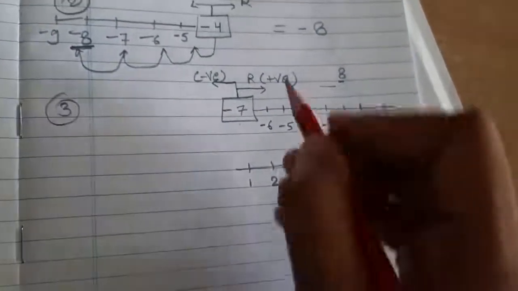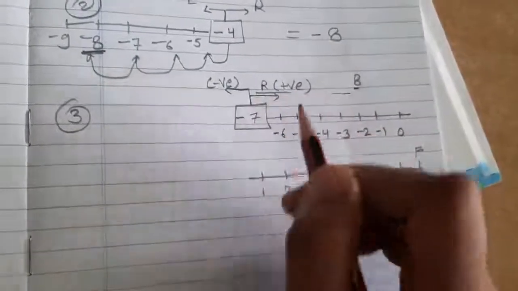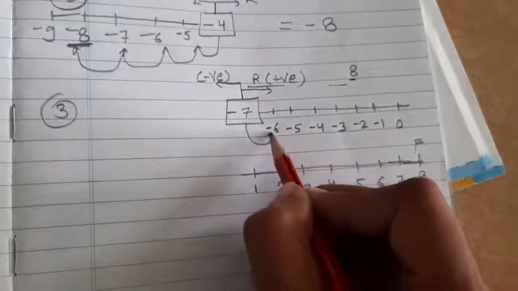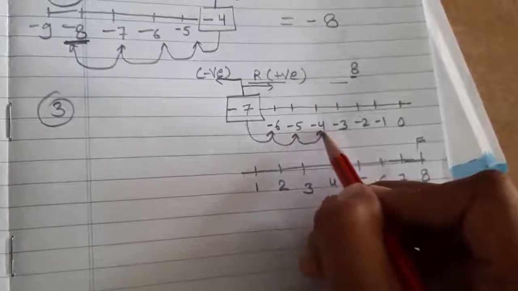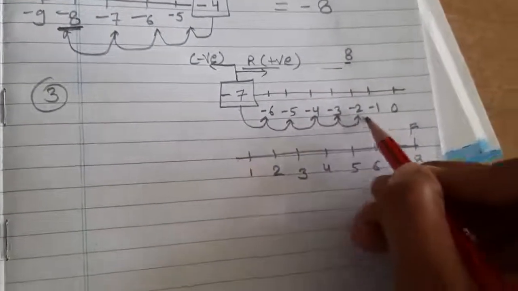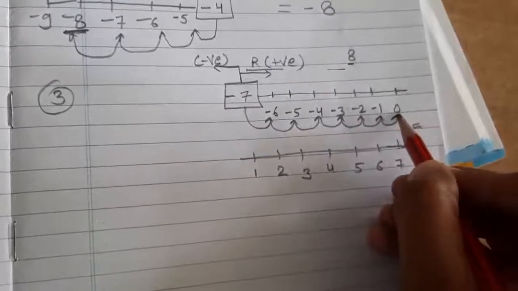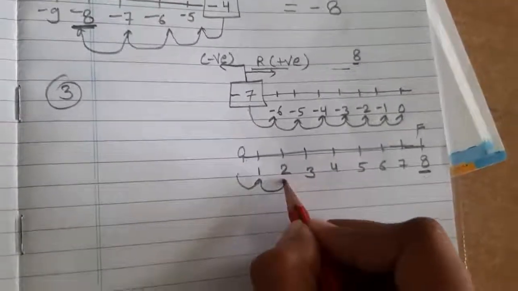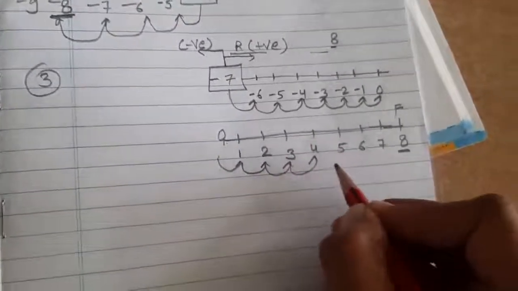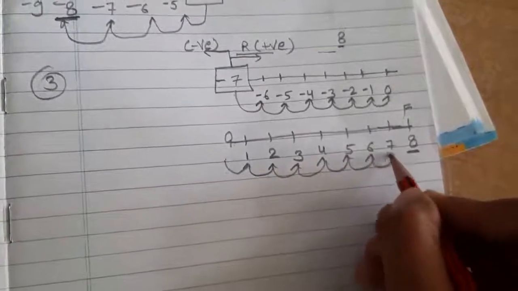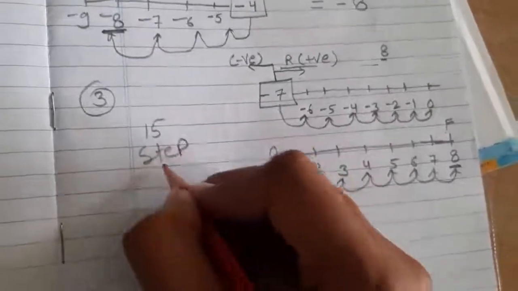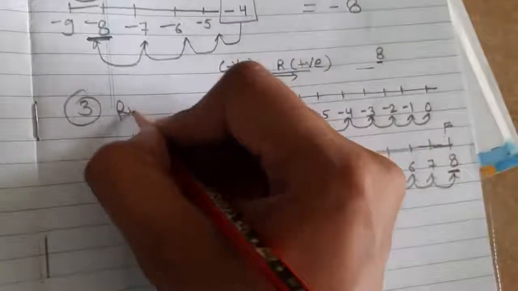Now, the first answer you already got, right direction. Second, how many steps will you take to reach 8? So you have to count 1, 2, 3, 4, 5, 6, 7 and then 0, 0 to 1, here will become 0, 8, 9, 10, 11, 12, 13, 14, 15. How many steps do you have to take to reach 8? 15 steps and right direction. This is your answer of your question number 3.